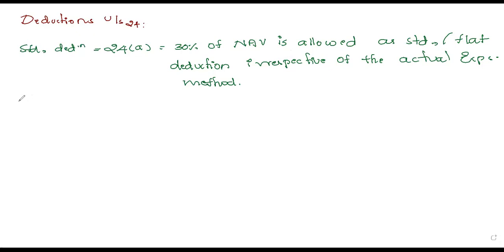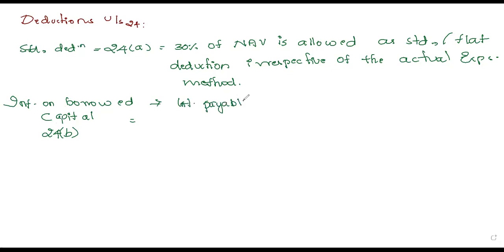Apart from our standard deduction, we do have interest on borrowed capital. You have borrowed some capital, and on that borrowed capital you are paying interest. That comes under section 24 subsection B. So what is this interest on borrowed capital telling us? You can take down: interest payable on the loan borrowed